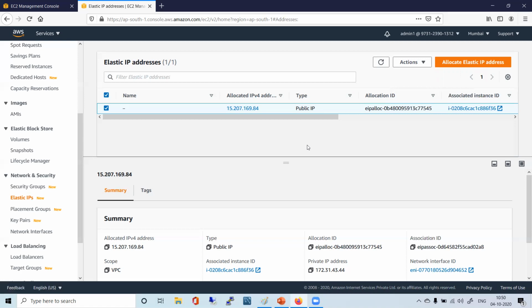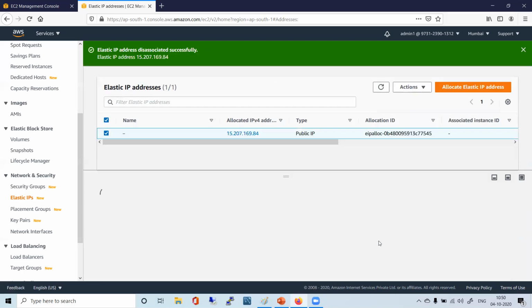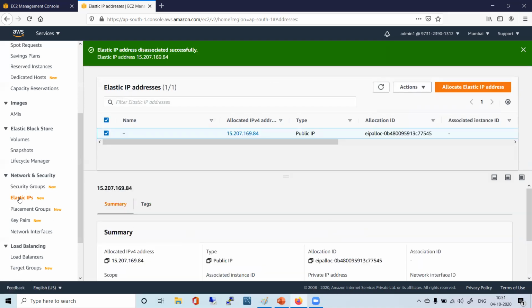As and when we come across the use cases, I'll explain. Now you just disassociate this, and you will see that it is still visible under the EIP section.